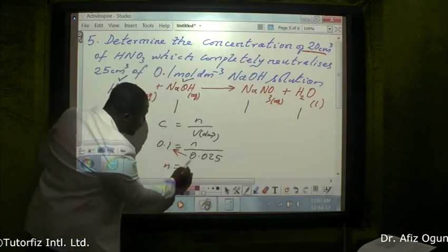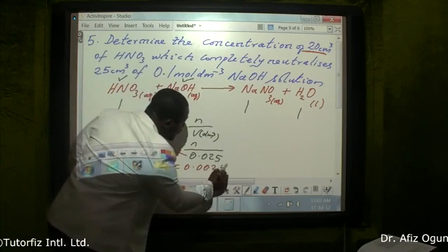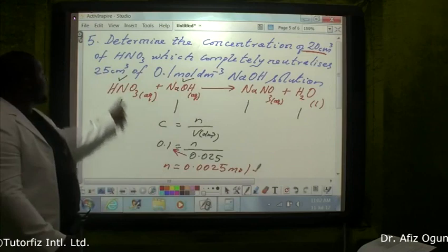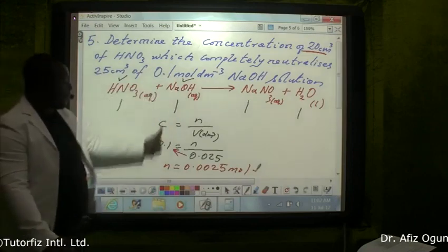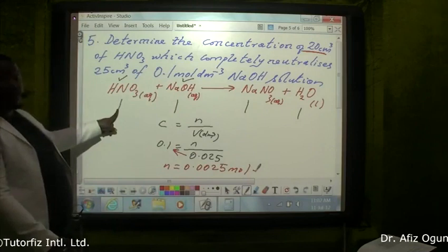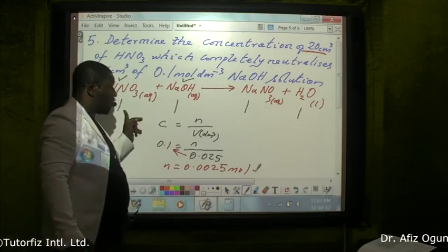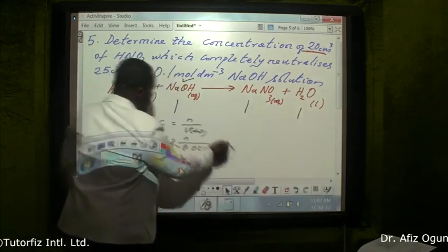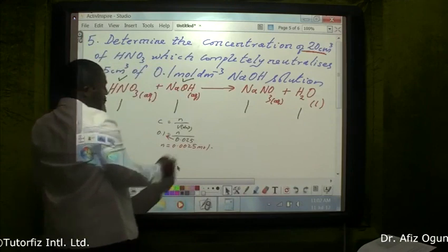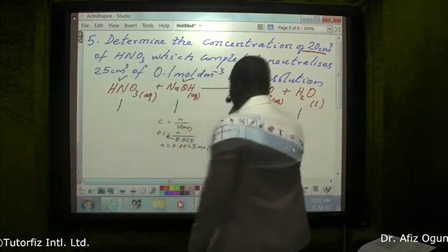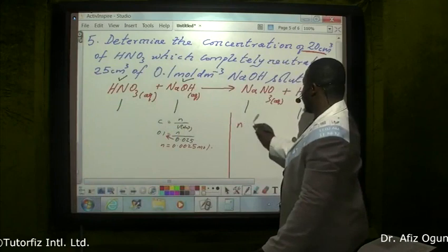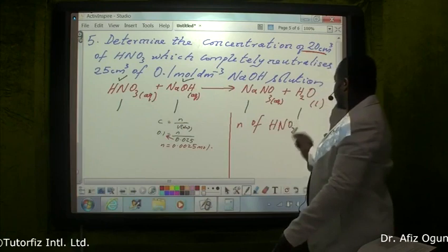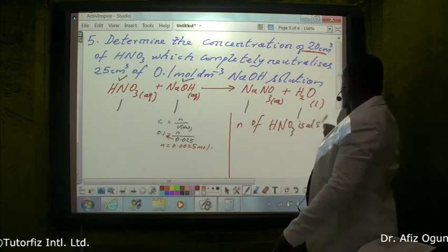0.0025 moles. If I have 0.0025 mole of sodium hydroxide that I've calculated, that means I have the same mole of this because they are 1 to 1. So that means I have the same of that because they are 1 to 1. So what do I do now? I calculate for that. So I now know N of HNO3 is also